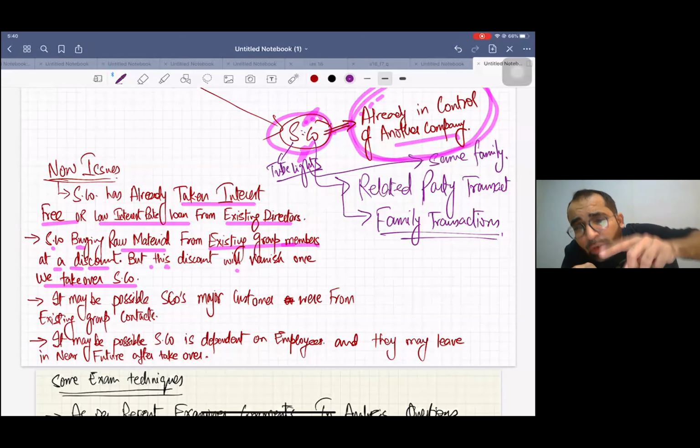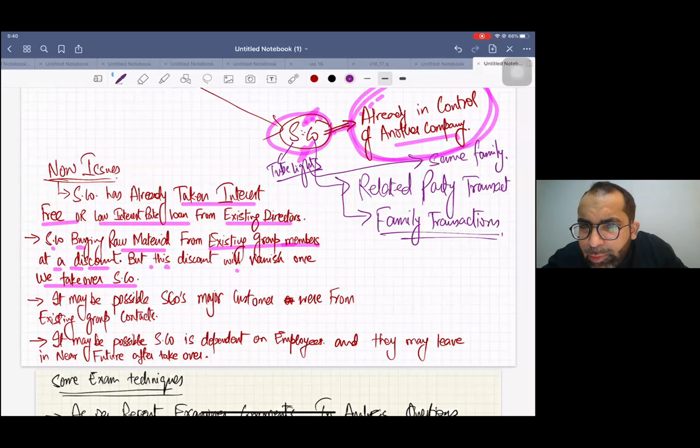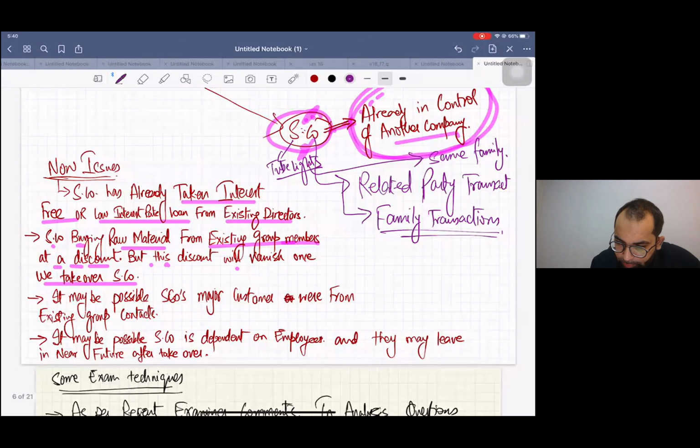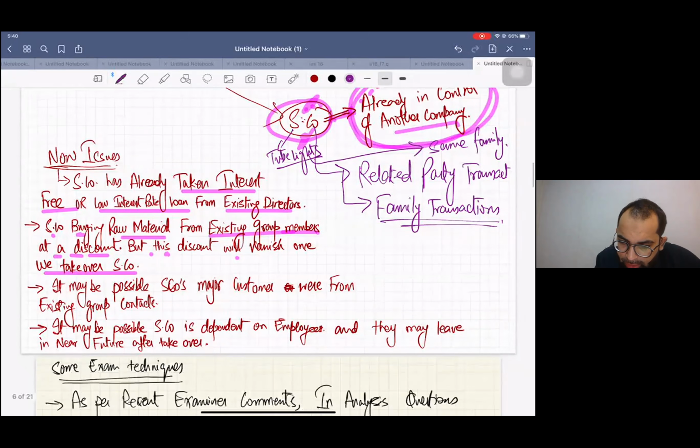But once we take over, these discounts will be removed. So the future performance will not be the same as it was in the past. So you need to take care. It may be possible,